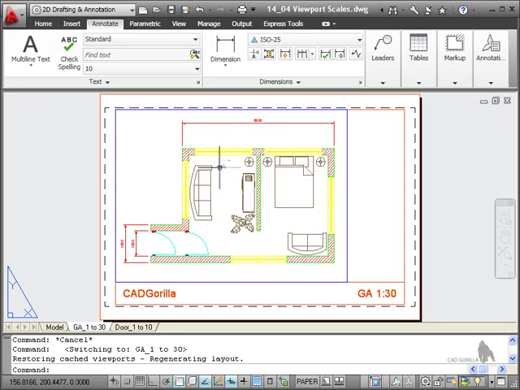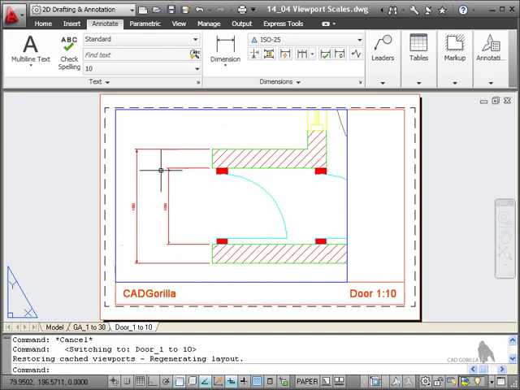So all of my plotted drawings, the dimensions will all look the same. They'll all have the same size arrowheads and the same size dimension text. It's very cool, isn't it? That's what your viewport scales are there for. You tally them up with your annotation scales so that you can apply different annotation scales to objects here in